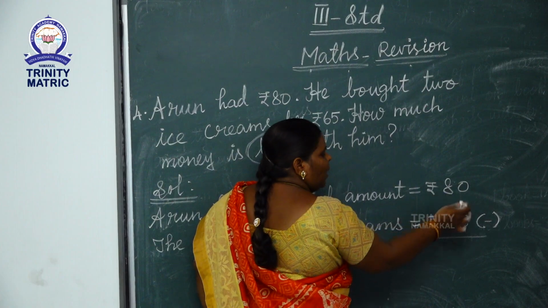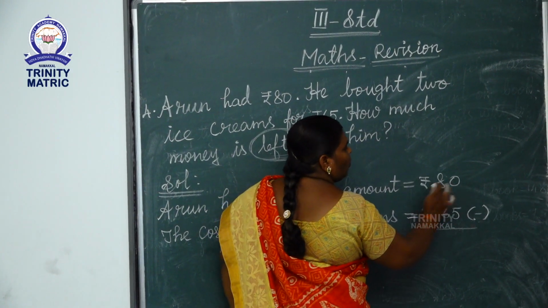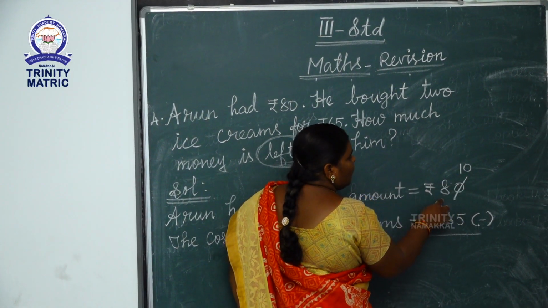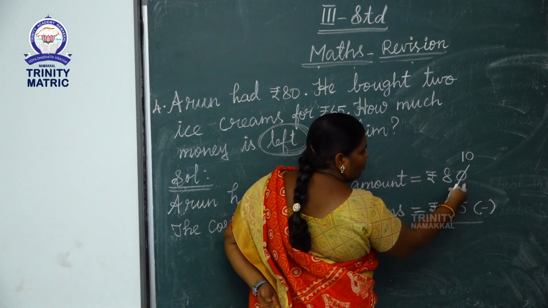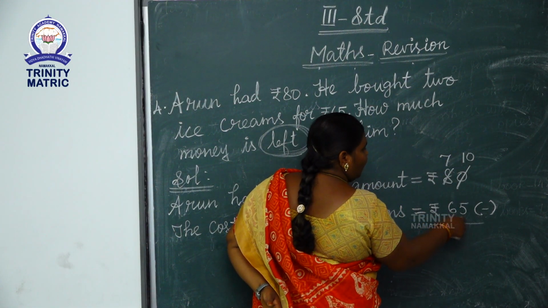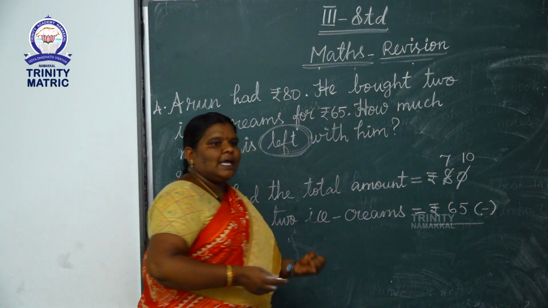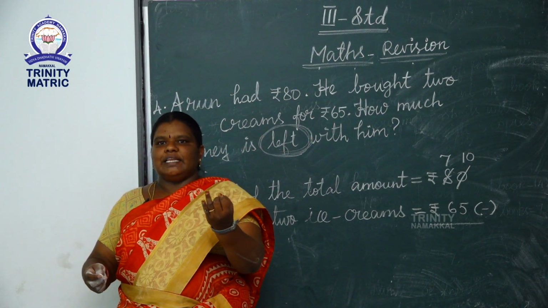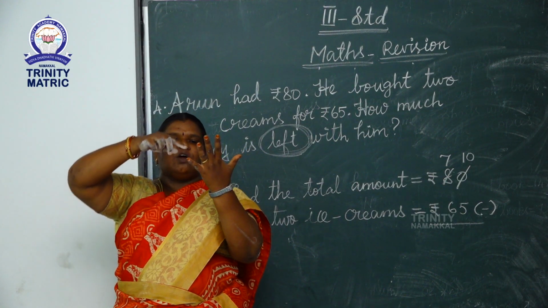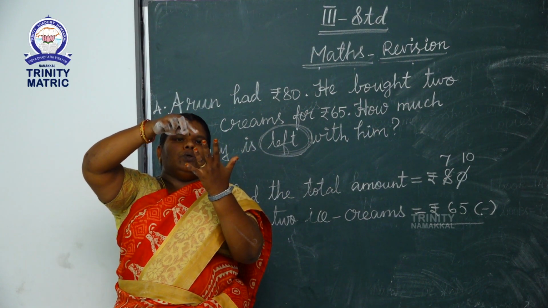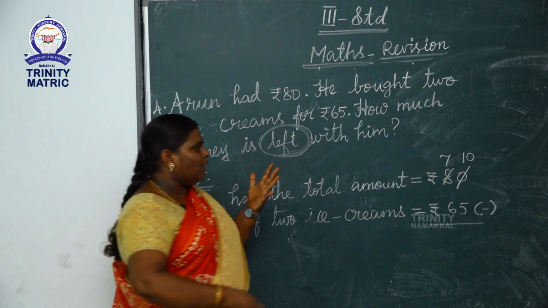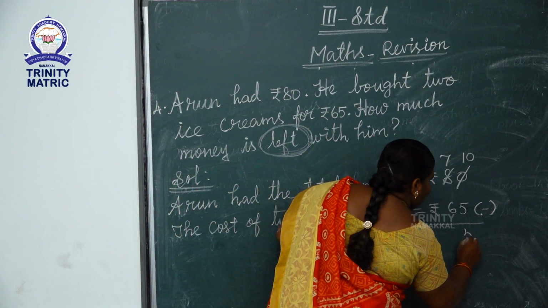0 is a small number, 5 is a big number. So you borrow. So 10 you borrow here, and the tens place already gave 10 to the ones place, so 7 only is left here. You say after 5 up to 10: 5 after 6, 7, 8, 9, 10. How many fingers? 1, 2, 3, 4, 5. How much? 5. So you write 5 in the ones place.